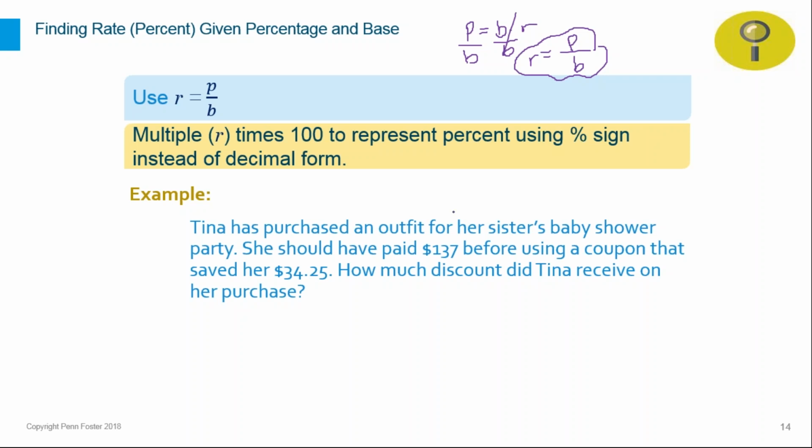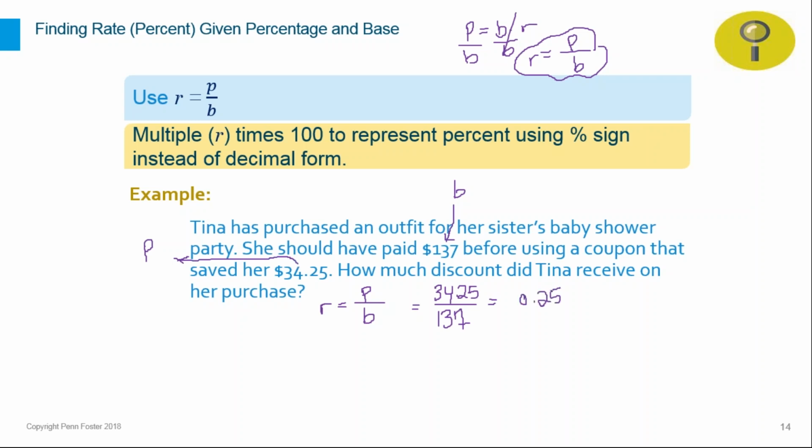We know that the tag price, the original price, is the B. We know that she saved P, which is 34.25, so that is P. Now we need the R, the rate. The formula says divide percentage over base. It should give you the rate in decimal form. So let's do that. P is 34.25. The base is 137. Divide that using your calculator, and that will give you